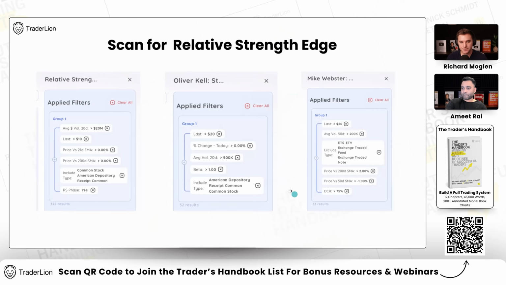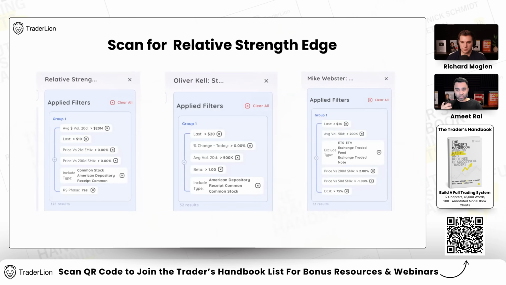So the gist of it is stocks that outperform the markets are showing greater relative strength. Or when a stock outperforms, let's say the Nasdaq is up 1% and the stock is up 3.5%, that could be a mechanism of its beta, right, and how it trades in the market, but it's also outperforming the market. It's stronger than the market itself. That's one form of relative strength. The second is the biggest one,